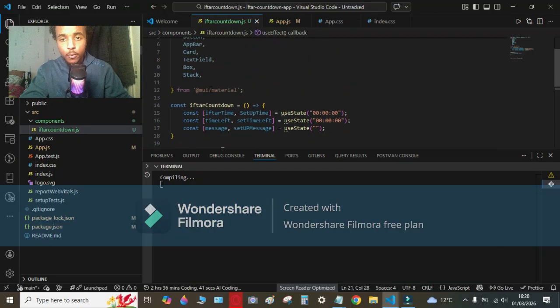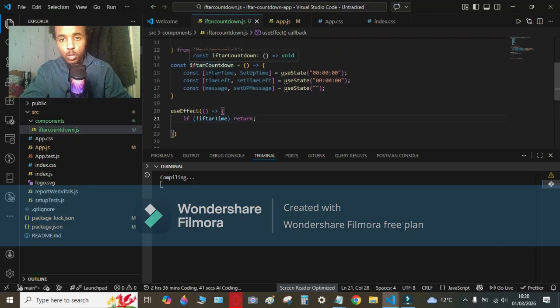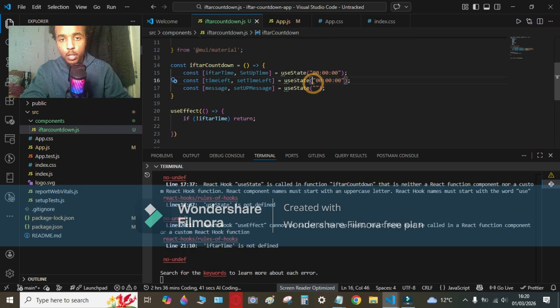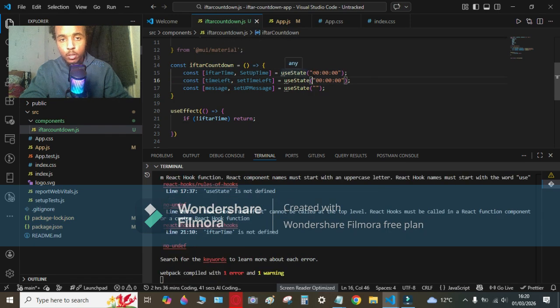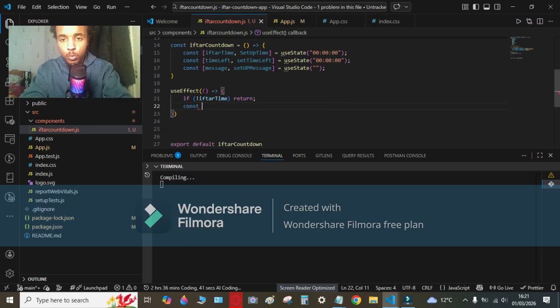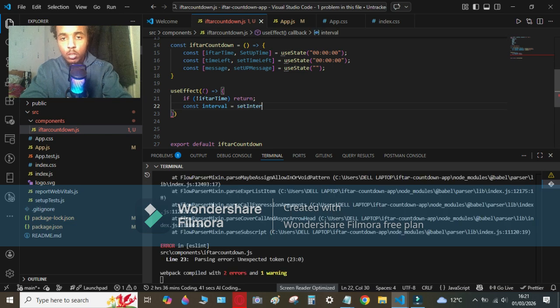So right now I have my constant iftarCountdown, and I included the useState and set iftar time with all of the functions and declarations. Now what I wanted to include is a useEffect so that it can automatically set the timer up similarly. So in here we want to include const interval and assign it to setInterval, and in